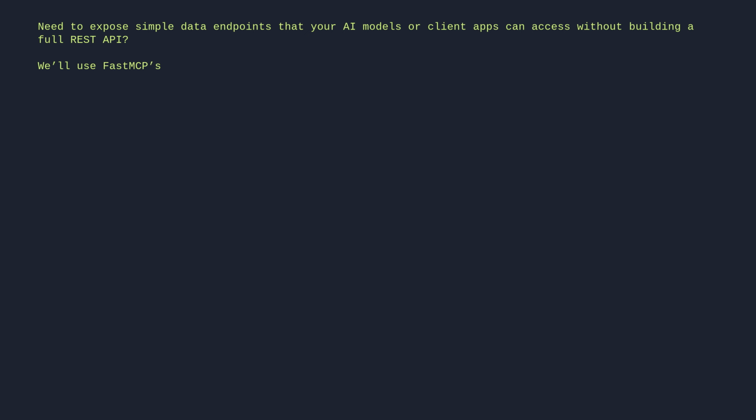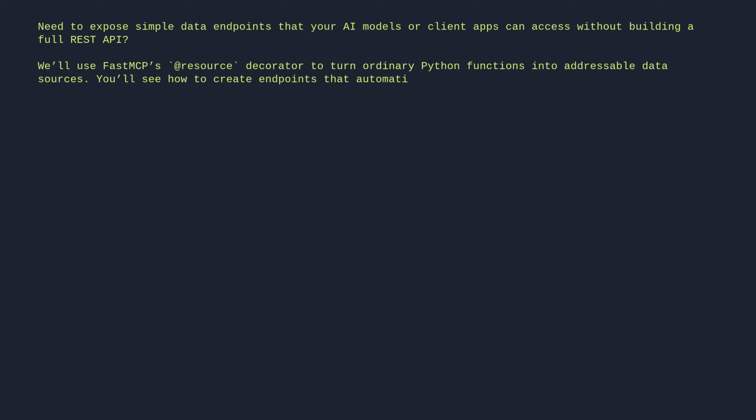You need to expose simple data endpoints that your AI models or client apps can access without building a full REST API. We'll use FastMCP's @mcp.resource decorator to turn ordinary Python functions into addressable data sources. You'll see how to create endpoints that automatically handle string responses and JSON serialization, making your data instantly available to connected clients through exact URIs like